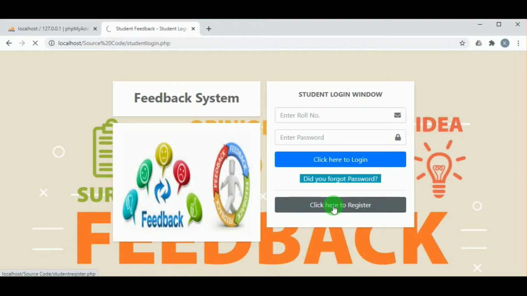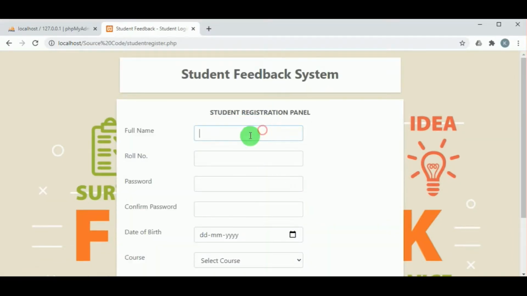Now let's click on register, because for the student to log in, he must know his roll number and password. For that, the student must make his registration first. So the student must make the registration by filling the form, which includes the full name, roll number, the password and confirm password of the student, the date of birth of the student, and the course in which the student is studying.